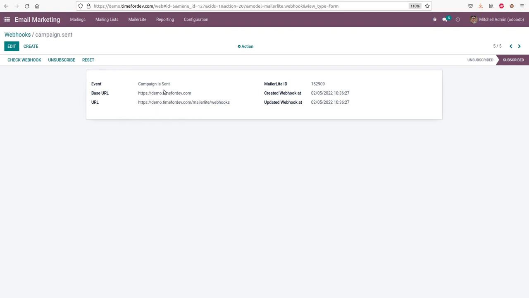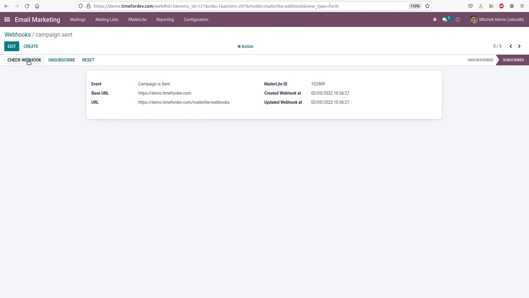So you can always disable it. The reset button means just move to the unsubscribed state, but don't inform MailerLite. For example, if you change something that was not registered in MailerLite in the first place, maybe you can't do that. But usually that shouldn't happen if you just use these standard